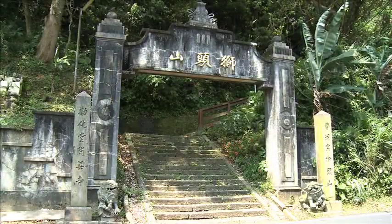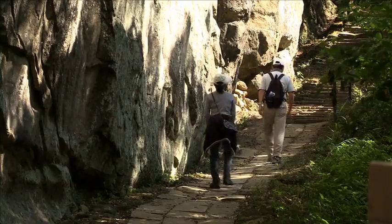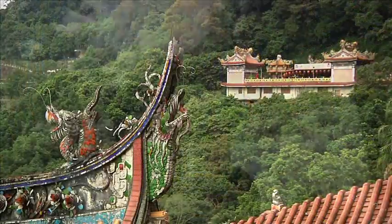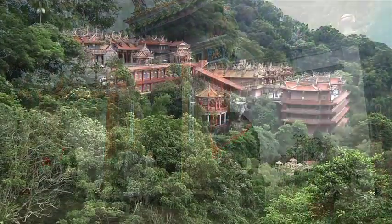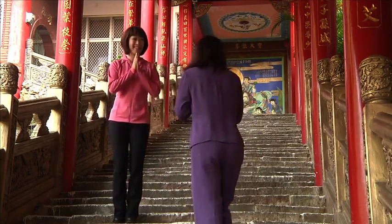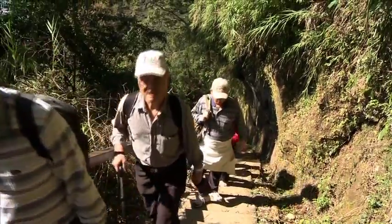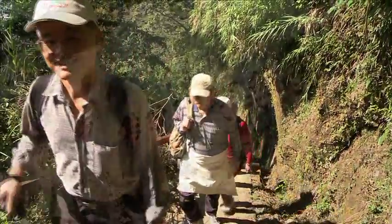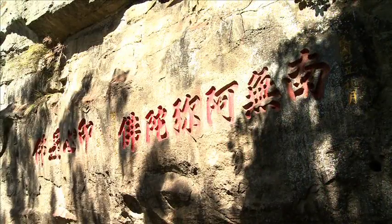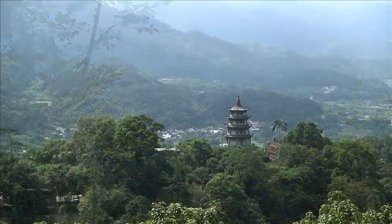This charming little path, paved with bluestone, passes many old temples as it meanders along the mountainside. You will find that these places of worship attract quite a number of pilgrims. And, before you know it, you will have slowed your step to linger a while and calm your soul in the soothing atmosphere. Relaxed and refreshed, you are now ready to climb to the top and enjoy the broad vistas